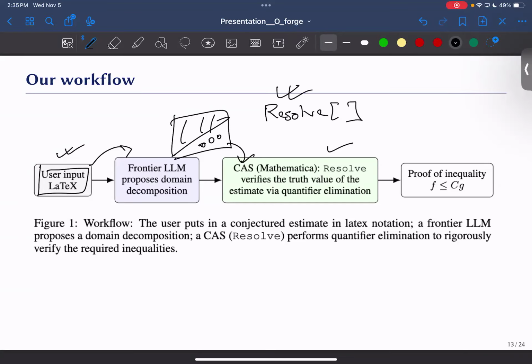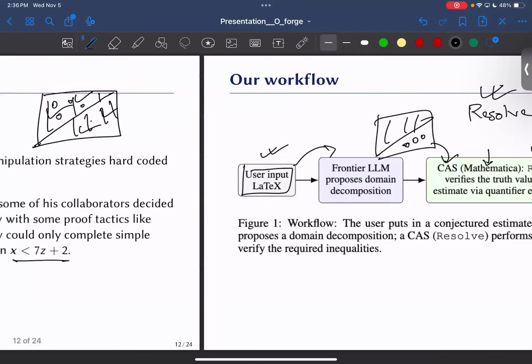Right. So the reason why we didn't do that is because there is a lot of Mathematica code that we actually have to put in to simplify the expressions until Resolve is able to complete the proof. So we're not just taking the output from Gemini and putting it into Mathematica. There are like 2 pages of simplifications that the algebraic expression you're putting in undergoes. We essentially extract the leading order term. For example, for a series like this,